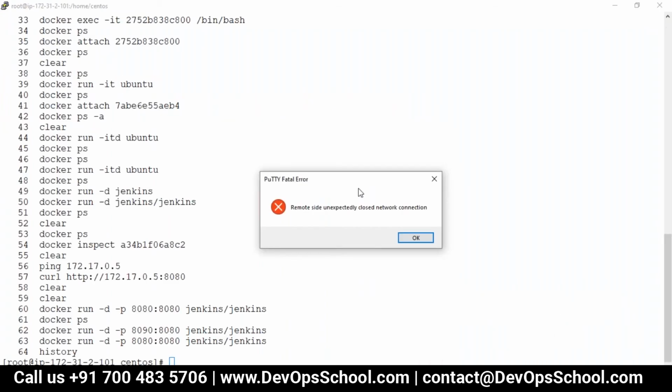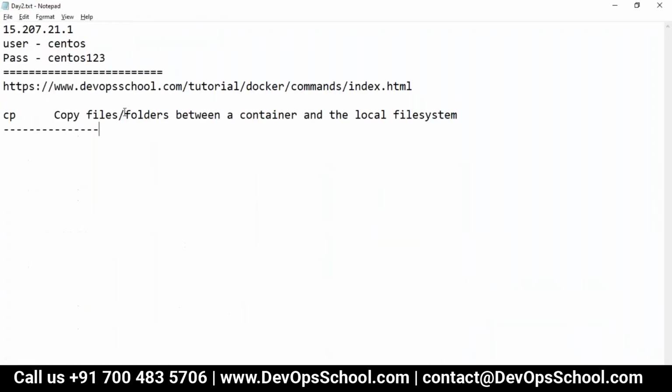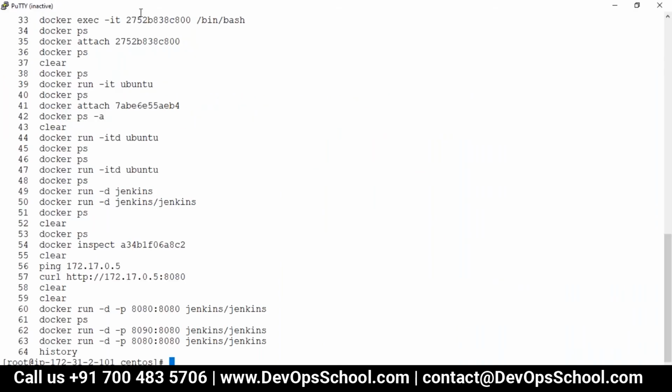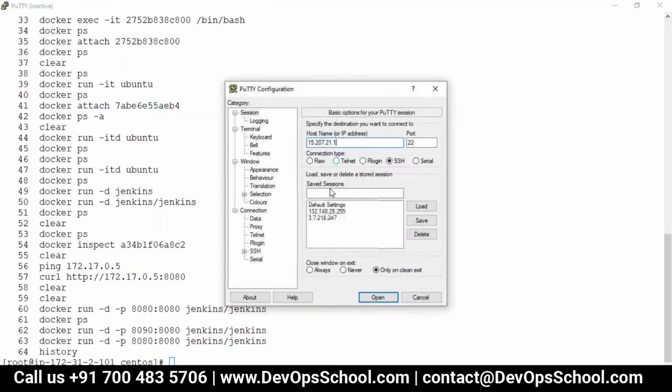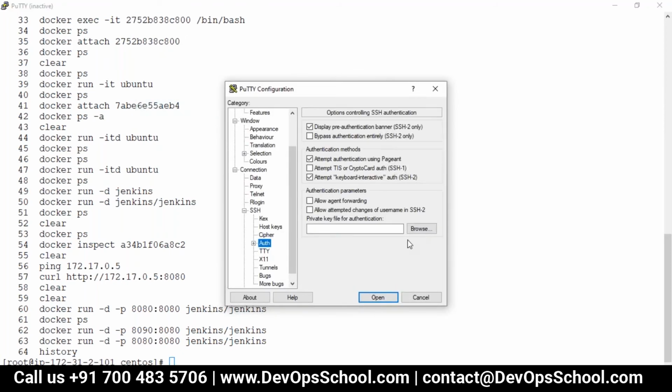Let's access one of the machines here. Today's IP address will be this one, and I'm going to access it.